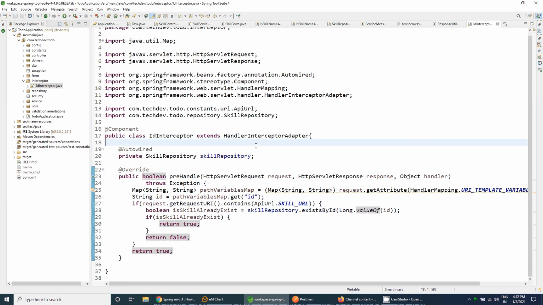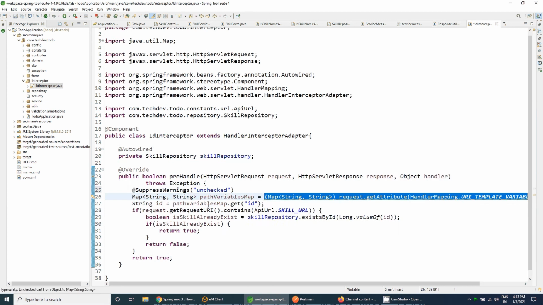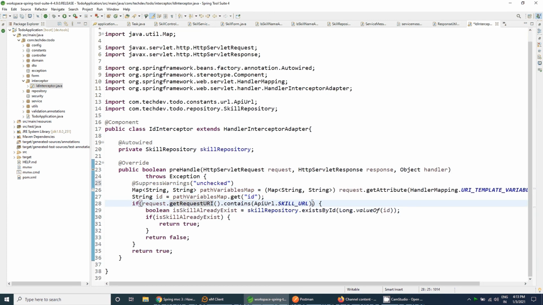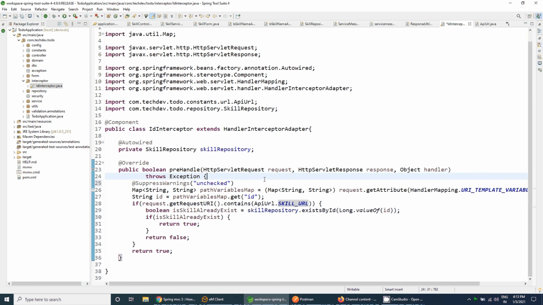What we are doing here is validating that the ID already exists in our database. For that, first we need to check the skill URL, meaning /api/v1/skills. If this URL occurs in our request, then we need to check inside the skill repository whether the ID exists or not.